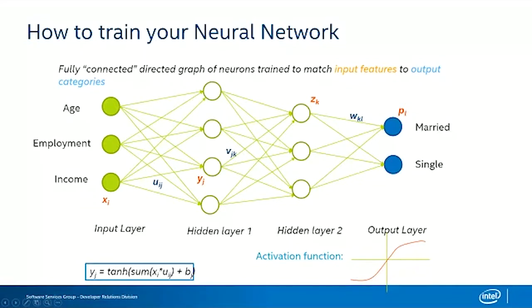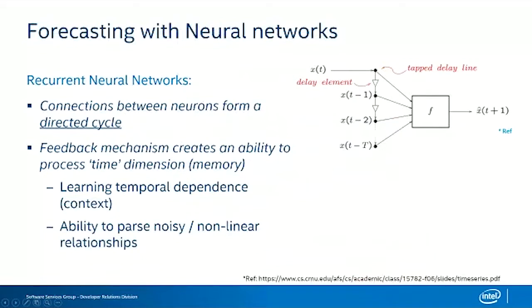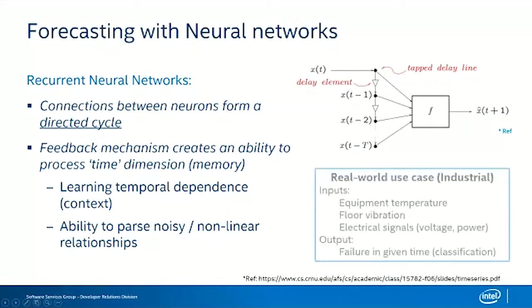The recurrent neural network version of this is a little bit more complicated, actually, not quite simple. So you have connections between neurons, right, that form a directed cycle. And with this feedback mechanism, you essentially have this quote-unquote time dimension that brings memory into the neuron. So let's say that your current value, if you're measuring equipment, a pedometer or whatever else, is dependent on the last 2 or 3 measurements itself. So this type of topology in neural networks actually starts to learn the context.